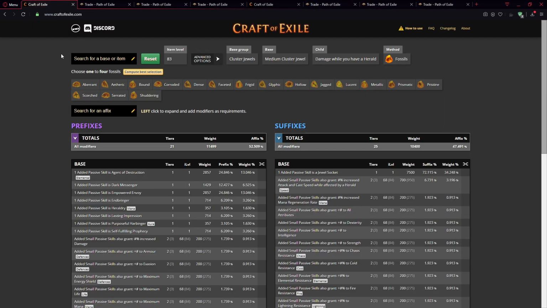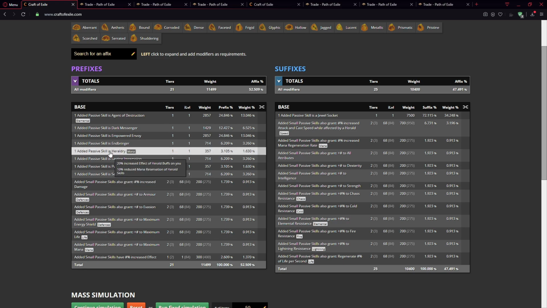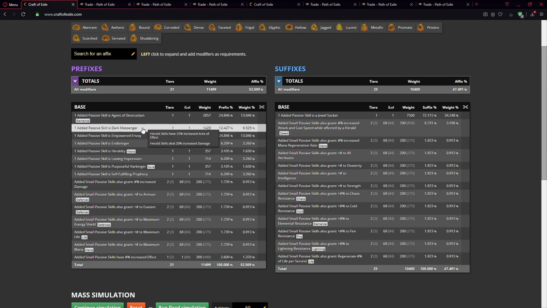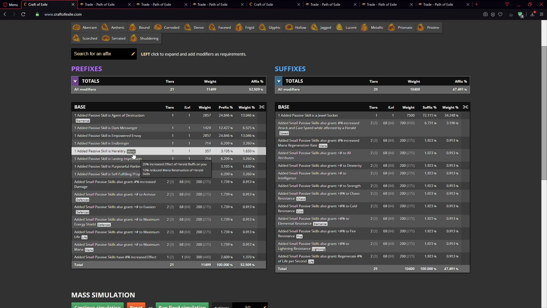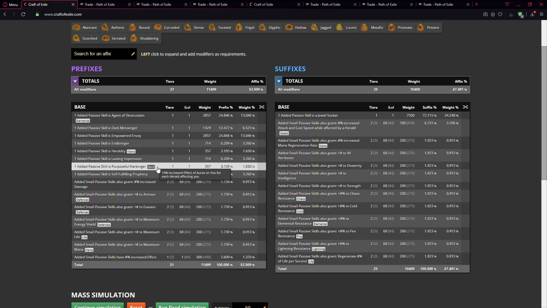So the other jewel that we want to craft is Herald's jewel, and this one people really want. Purposeful Harbinger for 10% increased effects of aura on you for each herald affecting you, and they want Heraldry, and they want Endbringer. Where's the Endbringer? So you can see this one is Aura mod, this one is Mana, and Endbringer is nothing. So you're probably best off targeting Aura mod, which is